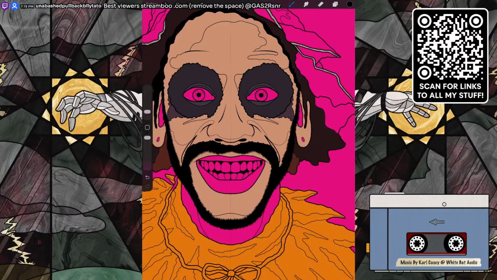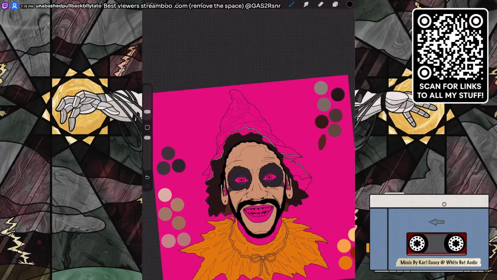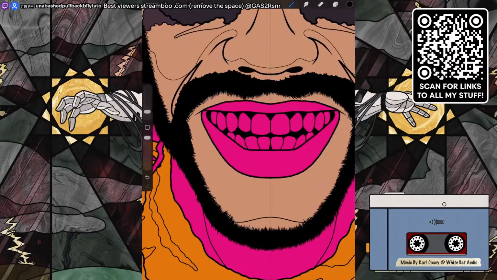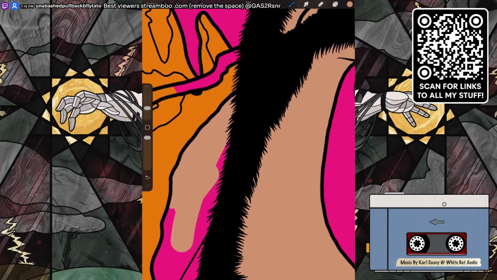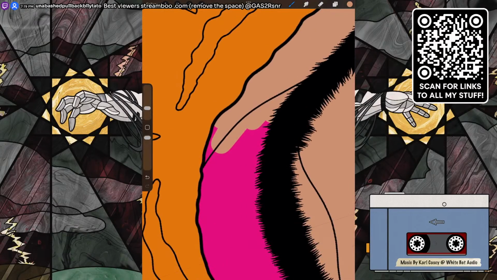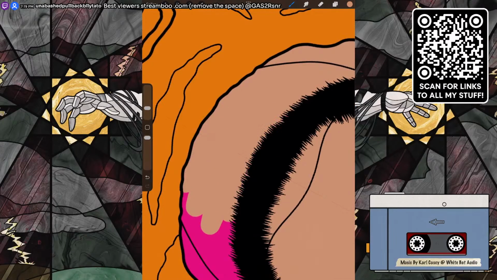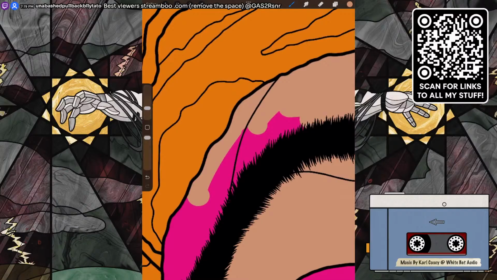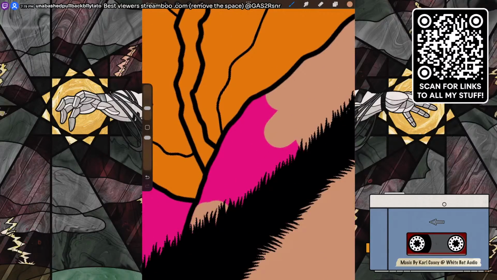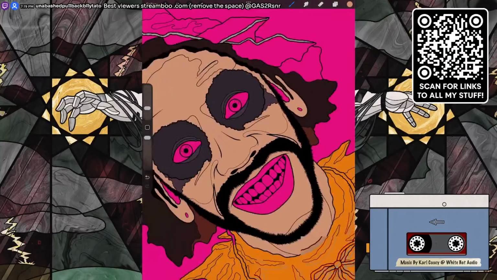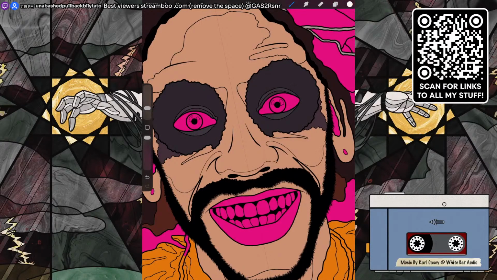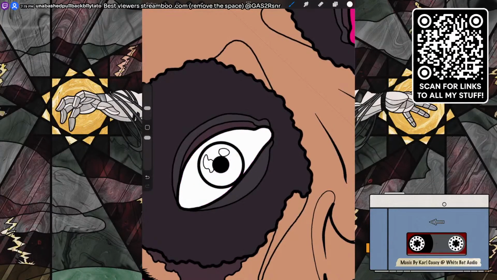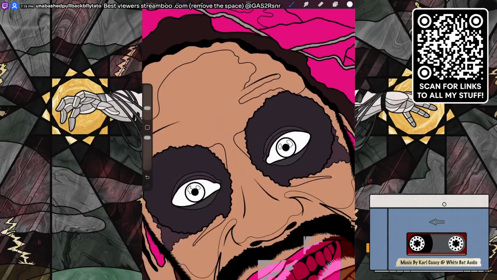Oh, you know what? Let me extend the skin color down into here, just so I've got it down here as well. So let me just put this in here, just to have it. And because the eyes are freaking me out being pink like that, I'm gonna just put the eye white in, just so it's got some eye white behind it. But you'll see, here's what I'm talking about. So the base layer will be the white layer. So there's white, and we'll just white that out, and we'll white that out.